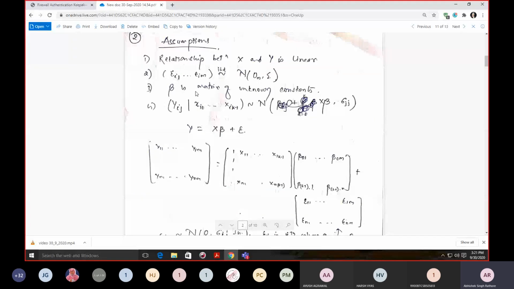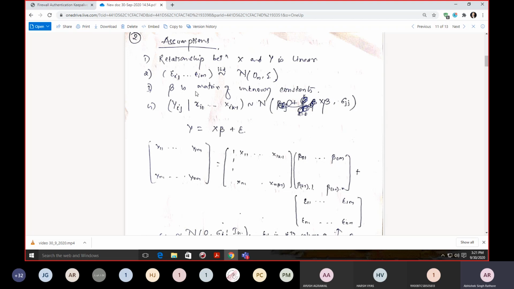So our assumption starts with, we say that there exists a relationship between x and y, and we suppose that this relationship is linear. So we can model it like that: y equals beta naught x naught plus beta 1 x1 plus beta 2 x2 and so on. So we assume that there exists a linear relationship. If this is not a linear relationship, then either a log term or an exponential term will be available in your matrix and so on. Now considering another assumption. Another assumption says that we are having the errors.